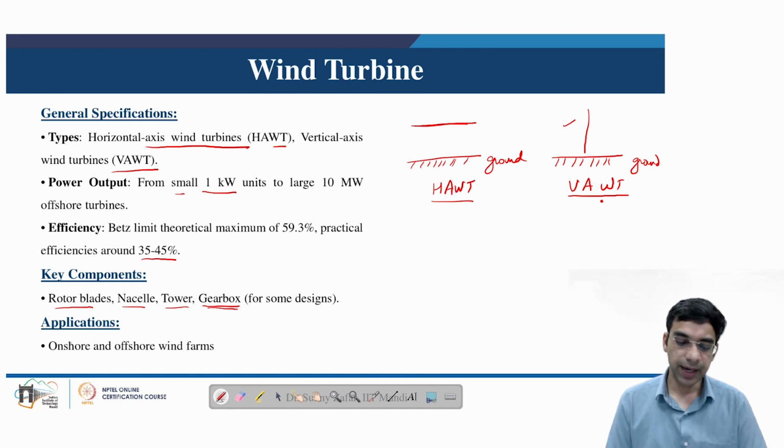Wind turbines are primarily used for power generation, and they can be installed in onshore locations, that is on land, or they may be installed in offshore locations, that is in the sea. And wind turbine blades are not installed in a single number, rather they are installed in several numbers, and that combination of several wind turbines is termed as a wind farm. So wind farms are installed so that the collective power output is much more significant and it can be supplied to the grid.